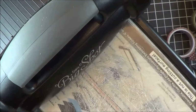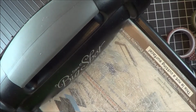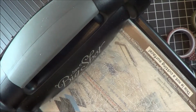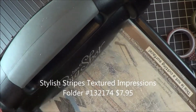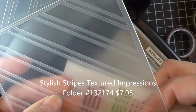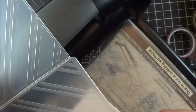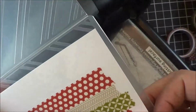And when we do any type of thing with the Big Shot, we always make a sandwich. We always have a bottom plate, and then we have a top plate. You can choose whichever way you want your stripes to go, but I want these little bitty stripes to stick up onto the front of my card. So I'm going to make sure that they are the part that's popping up,